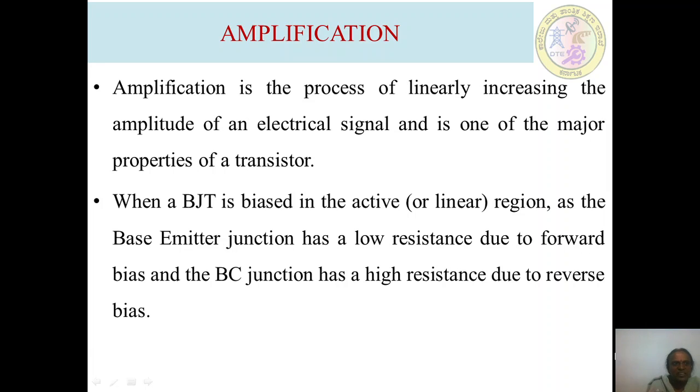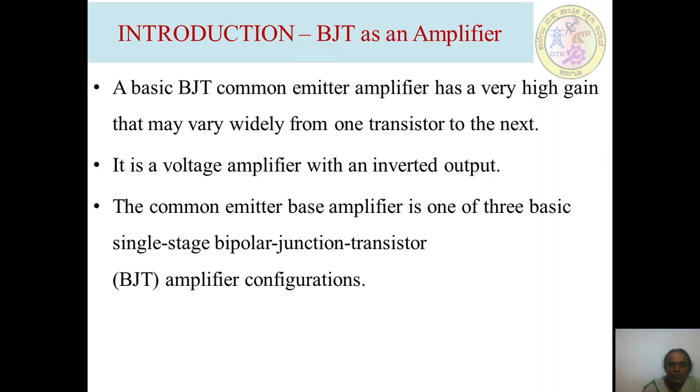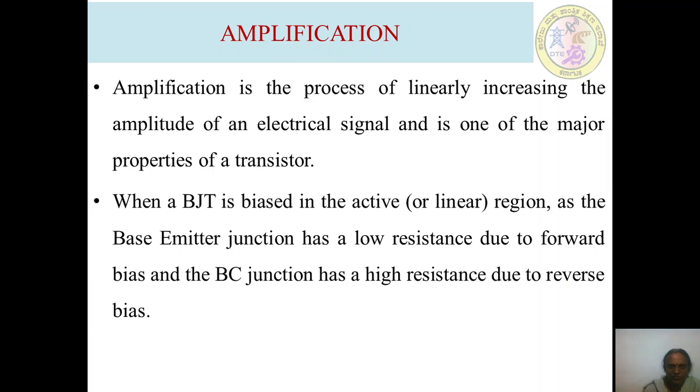Hence the transistor can work in three regions, namely active region, cutoff region and saturation region. Transistors are turned off while working in the cutoff region and turned on while working in the saturation region. Transistor works as an amplifier while they are turned in the active region. So these are some of the key points which you have to remember for the BJT as an amplifier.